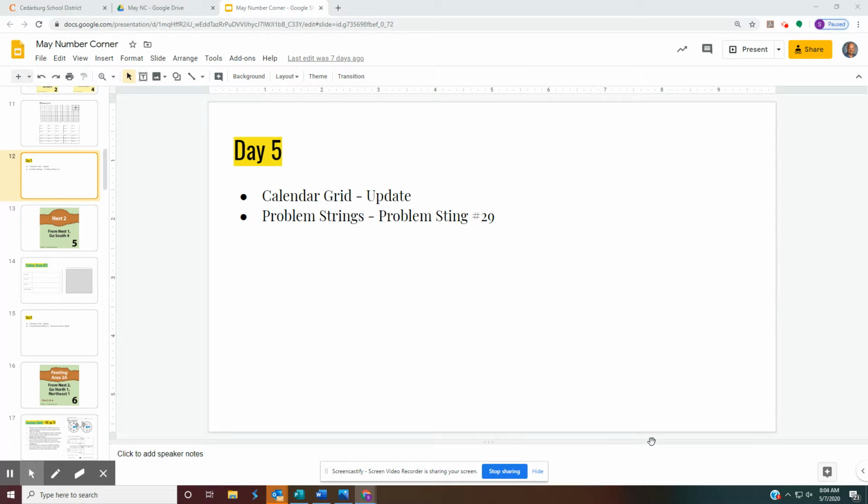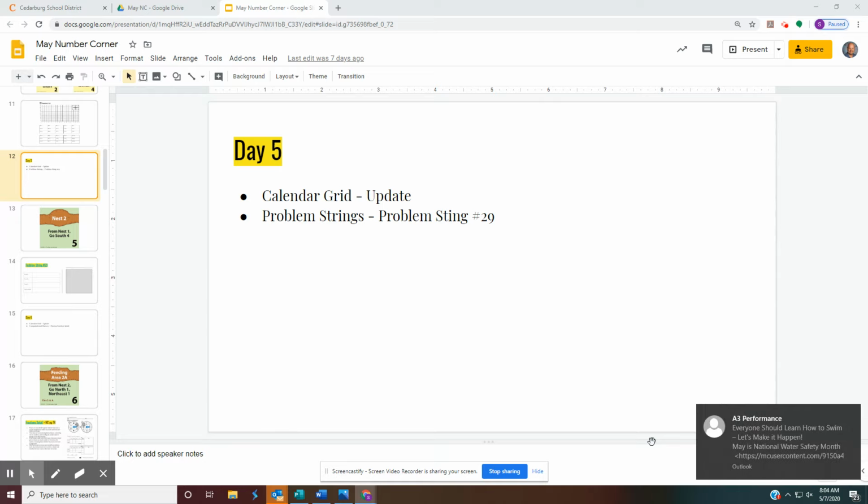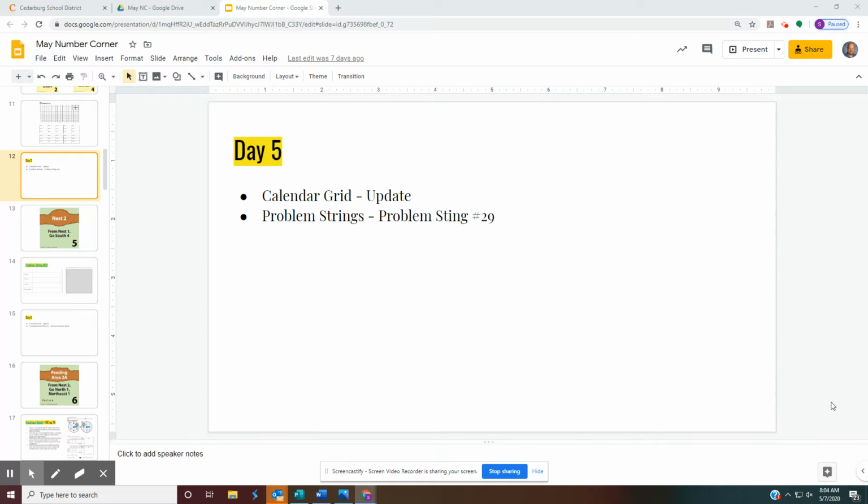This is problem string number 29, so you're going to either need your problem or your number corner notebook or a number corner book or a piece of paper to record the problem string. We're going to start out by looking at the first calendar grid